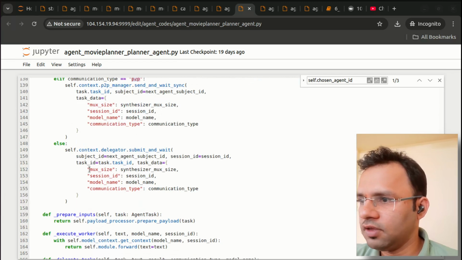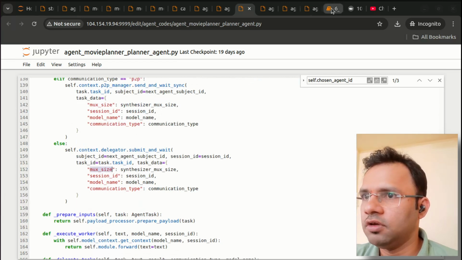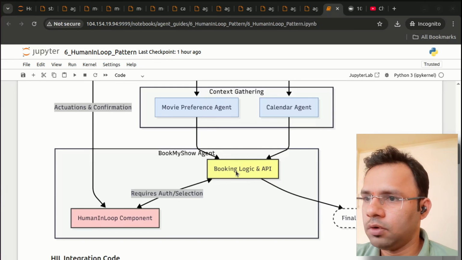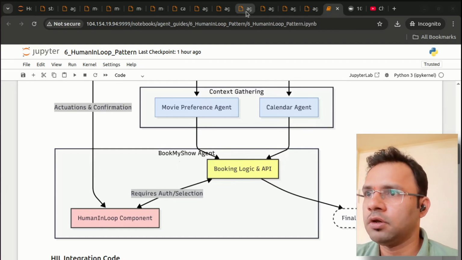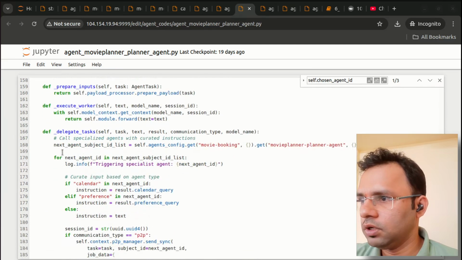Once mux size is communicated, the last agent will know it has to wait for 2 contents, one content from the movie preference agent and one content from the calendar agent. That kind of logic will be explained in the book my show agent. So next,